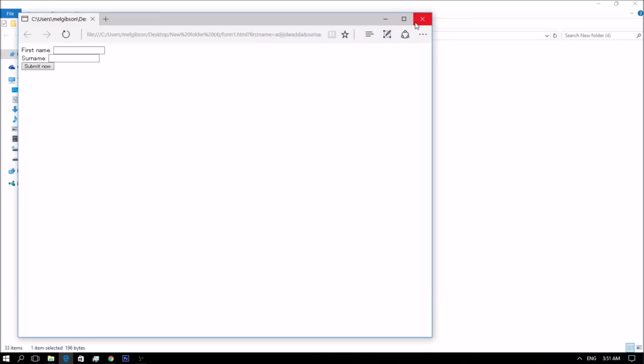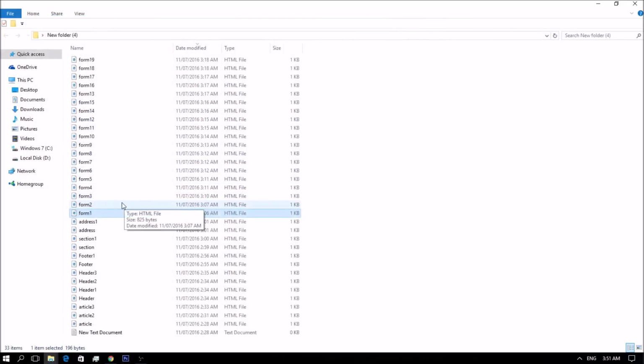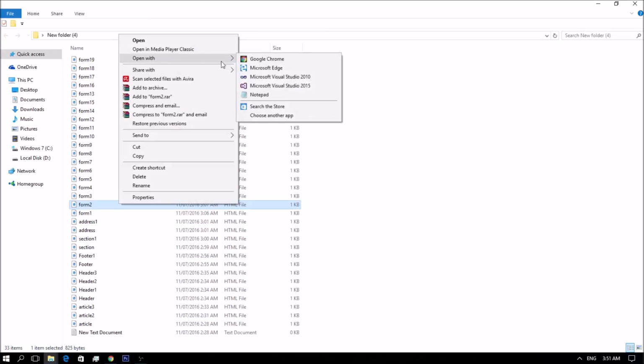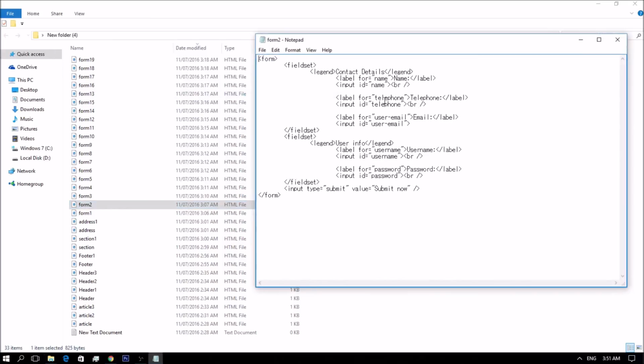So let's now move on to another element. If you have a longer form, it can be very handy to group the different kinds of fields. To do this, you use the fieldset element. The name of the group is given by the first legend element, which is the child of the fieldset